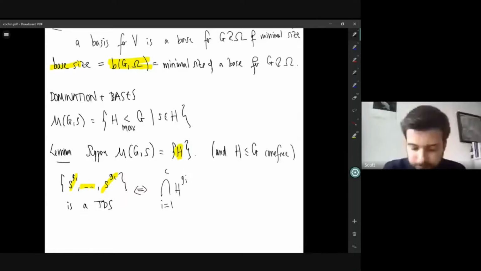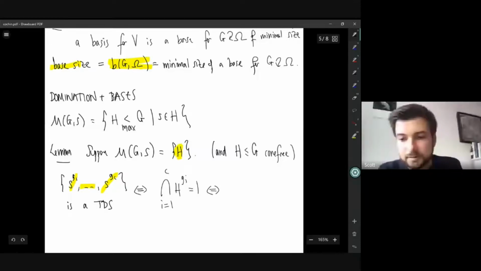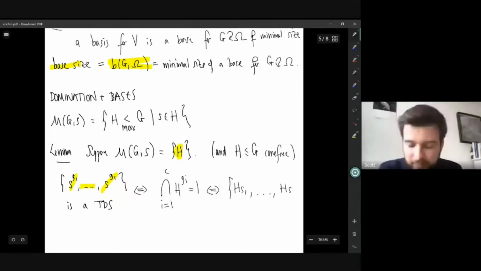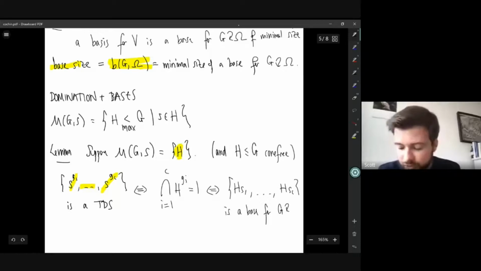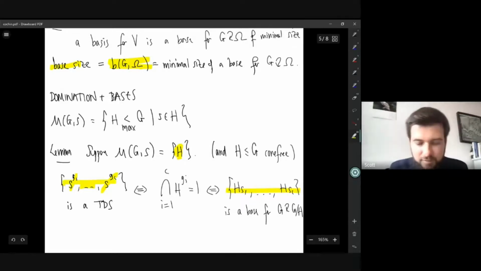This intersection is all the elements that would not be adjacent to any of those C conjugates. So I need that to be trivial. And for people who know about bases, this condition is exactly saying that these cosets form a base for the action of G on the right cosets of H. So if G acts on the right cosets of H, this is a base exactly when this is a total